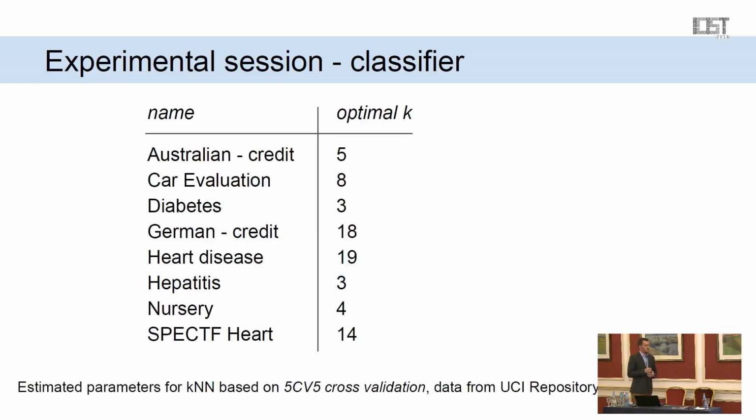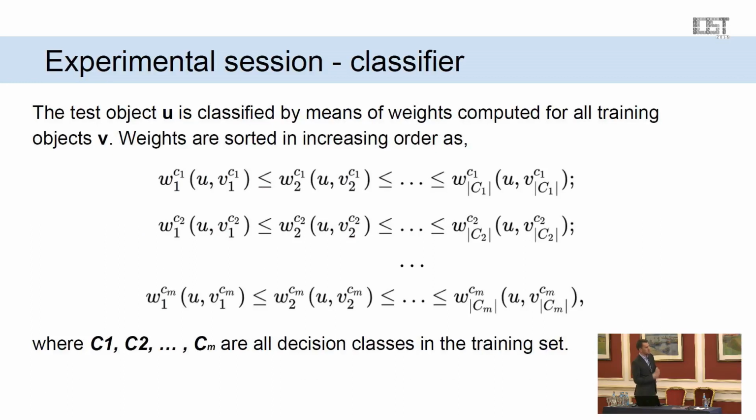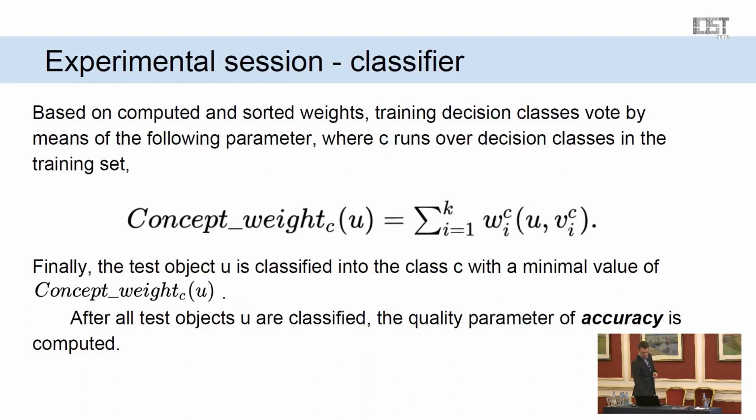And the optimal K for each data set was calculated. We have been using the cross-validation 5 method to pick it. And then we are calculating weights based on the Hamming matrix. And then the concept weight is the sum of all weights for the compared objects for training and testing data